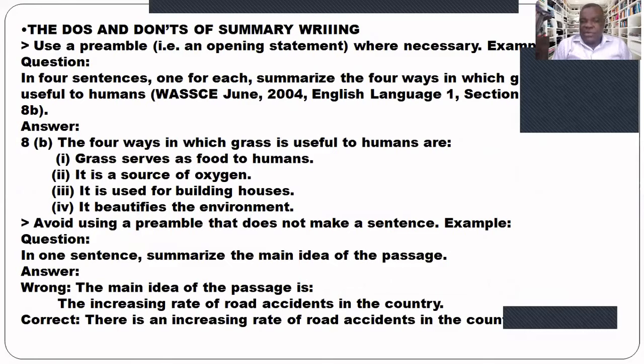Now, we have already mentioned the preamble. The preamble is an opening statement. You can use it where necessary. Let's look at this example,